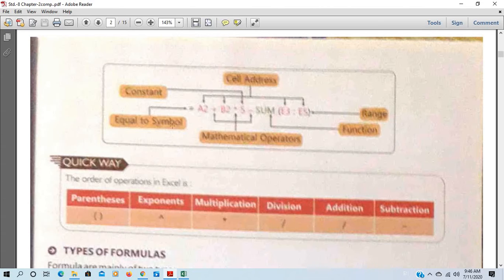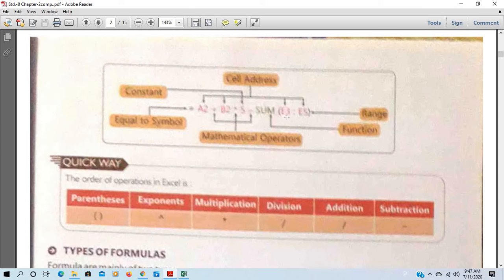Here equal to sign, and then we have mathematical operator, that is plus, minus, whatever it is. And here it is constant, a1, a2, b1, b2, like that. Then we have function also. Another way to write formula is equal to sum. Here we have used plus operator 2 times, and here we have used function, sum function.